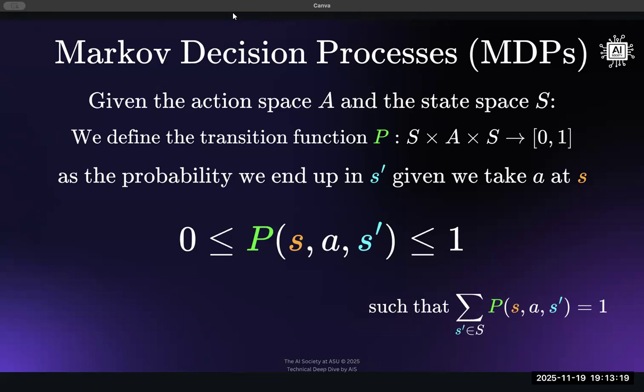So given an action space, let's say a space of all the actions that are possible, and the state space of all states that we have in our environment, the transition function will just be taking in the current state, the action that the agent takes, and then the next state that it will go to. But of course, it's a probability, so that notion of uncertainty is there. But notice that since it's a probability, we must have that the sum over all of these states in the state space must be equal to 1. Over all the future states, rather, not the current states.